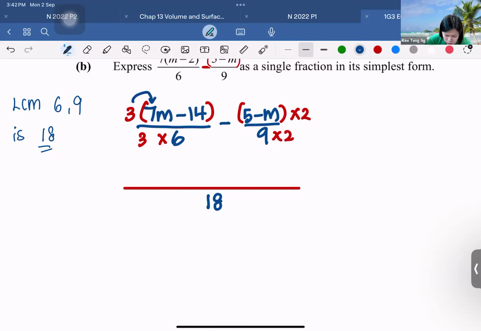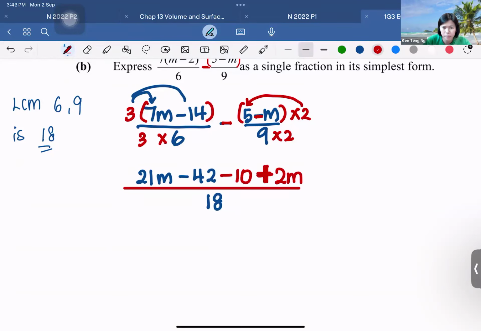So 3 times 7, 21m. 3 times 14, 42. Negative 2 times 5 is negative 10. Negative 2 times negative m is negative times negative, positive